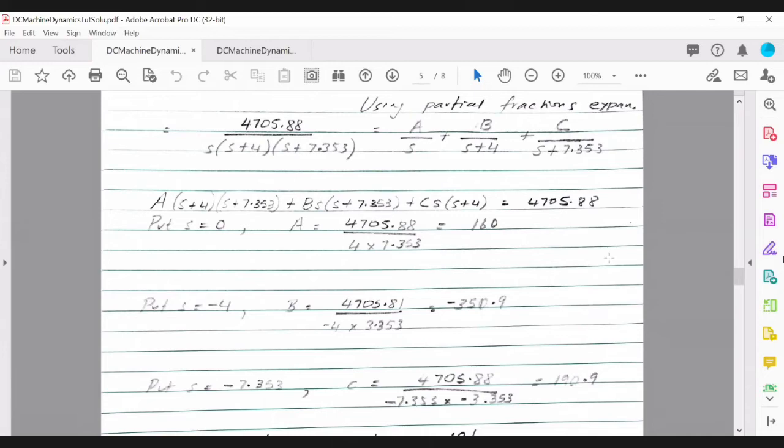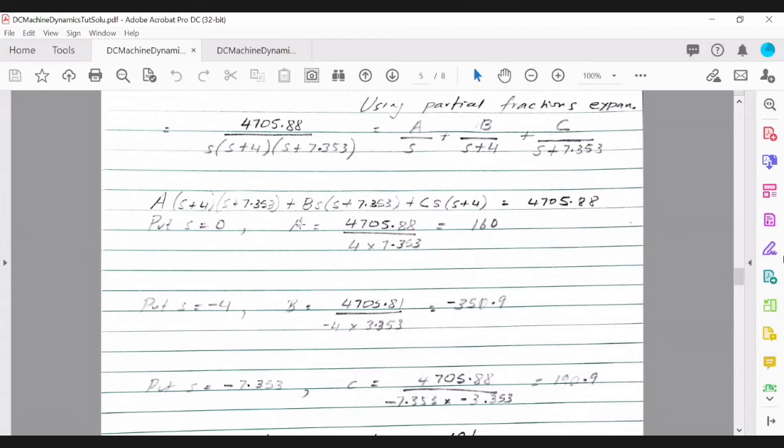So as you can see, for you to get the term a, we have to cancel those two terms, and that's being done by inserting s is equal to 0. You'll end up with only the first term, and then you can solve for the value of a. To get